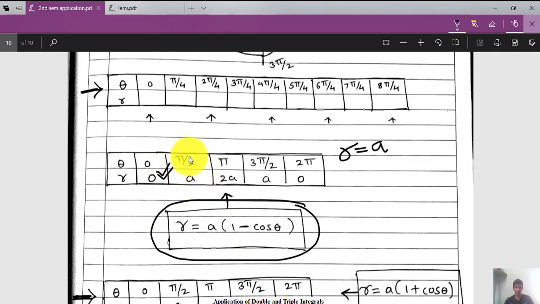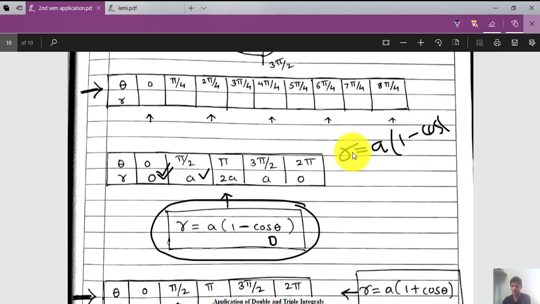Now if I take cos pi by 2, cos pi by 2 is nothing but it turns out to be 0. So my value turns out to be a over here. Now this is pi. So here r is equal to, make use of allied angles, minus cos of,